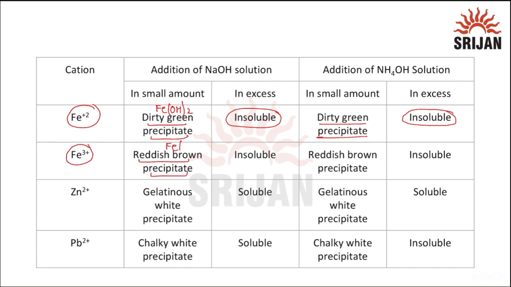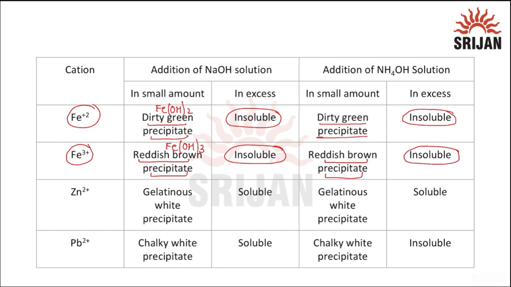Coming to the fourth cation, that is Fe3+, we actually observe a reddish brown precipitate in this case because now we get Fe(OH)3 due to the addition of NaOH solution in small amount, and this precipitate will remain insoluble due to the addition of excess of NaOH. On addition of NH4OH solution, again we observe reddish brown precipitate